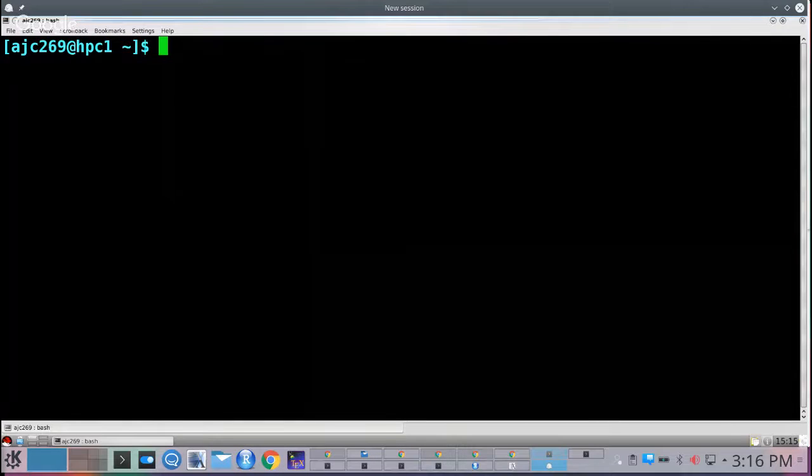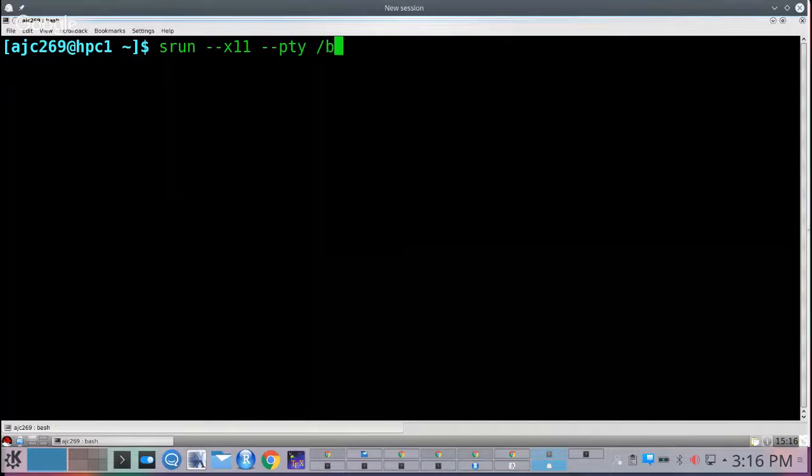All right, how's that? So when you first log in, you'll be on one of the login nodes, HPC1 or HPC2. However, you don't want to do computations on the login nodes because they'll send an email to you and kick you out of the session, which has happened to me before. So what you need to do for this is actually request a compute node if you want to run some computations on. So this is srun